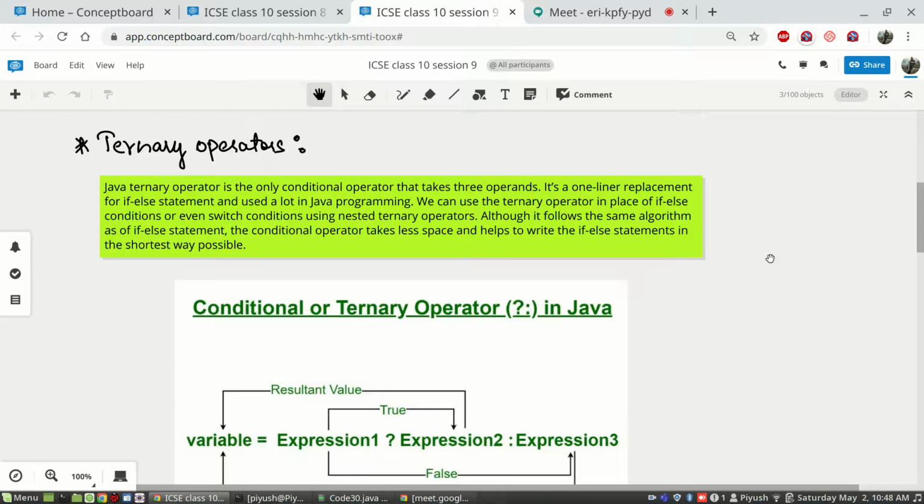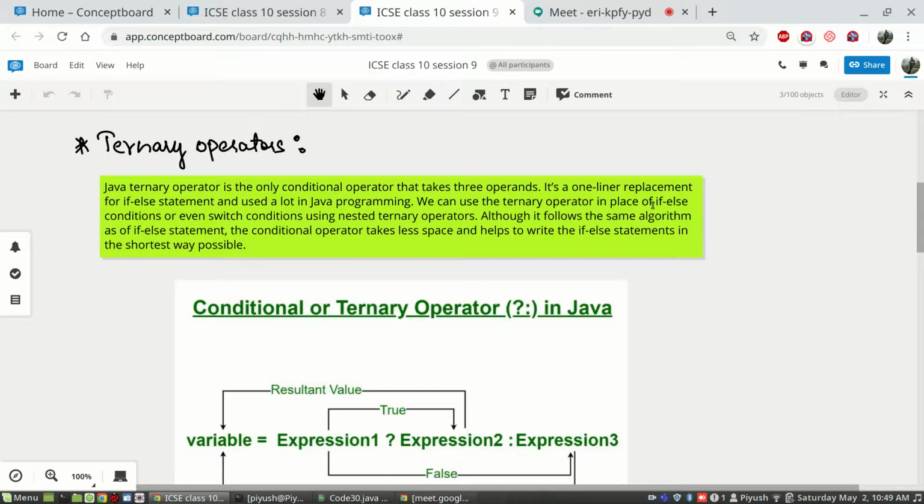So if you are going to write an if else statement, you will be writing it in more than one line, 3-4 lines will be there, but this effectively solves your problem in one single line. We will see how. It is used in a lot of Java programming.